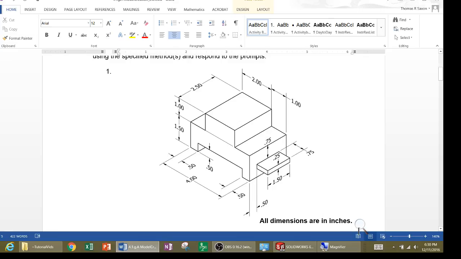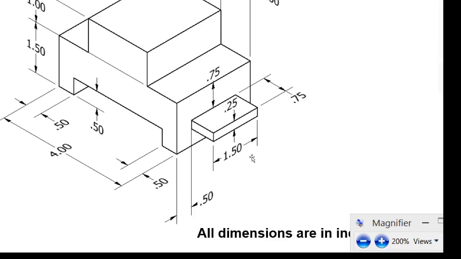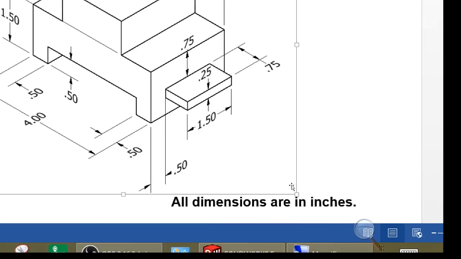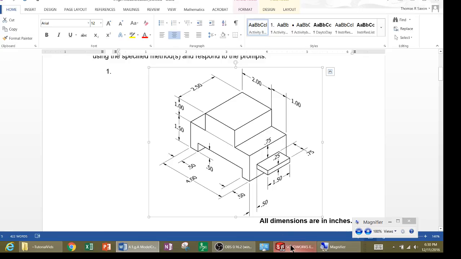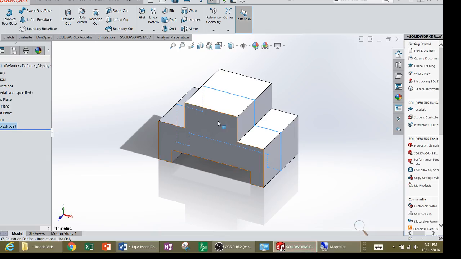I have to add the tab onto this back side here. So that tab. Let's go ahead and do that. That looks like it's 1.5 inches by 1/4 inch tall, and 1/2 inch in from the side, 3/4 inch down from the top. So to do that, I'm going to choose a sketch